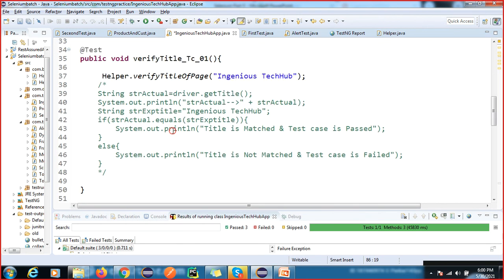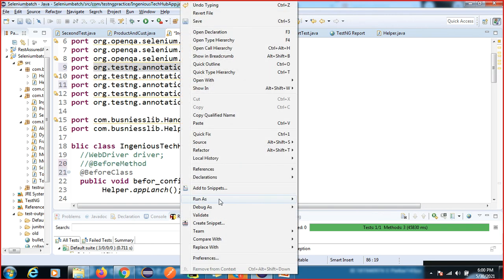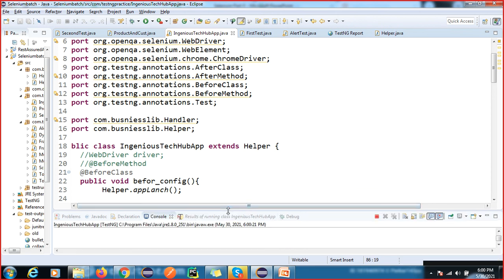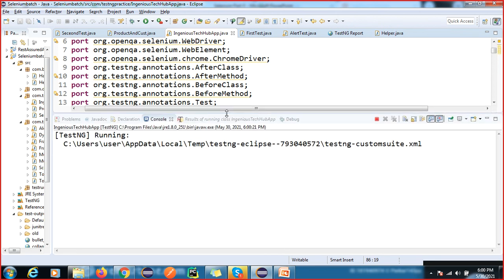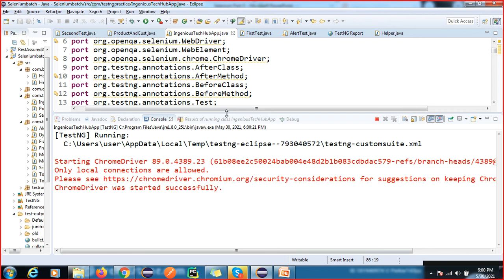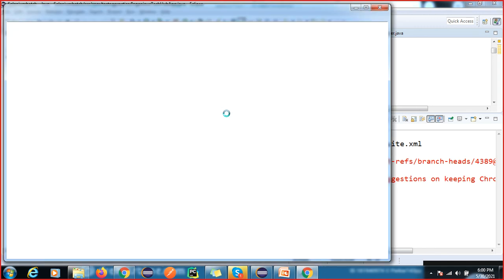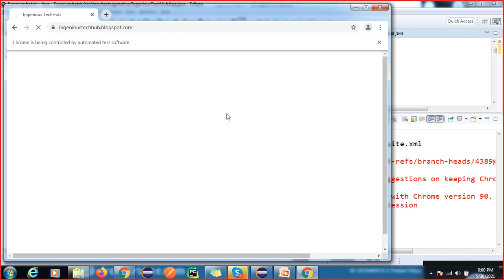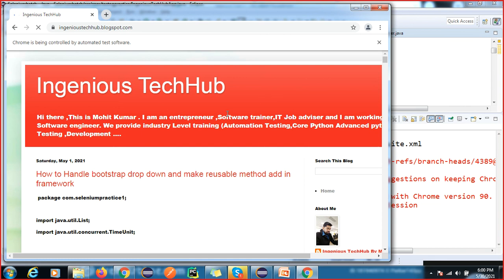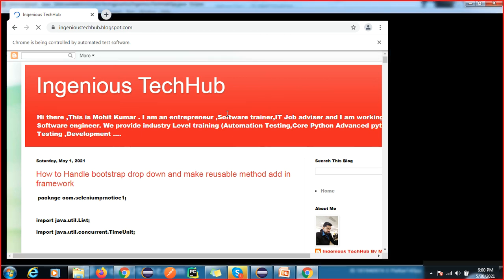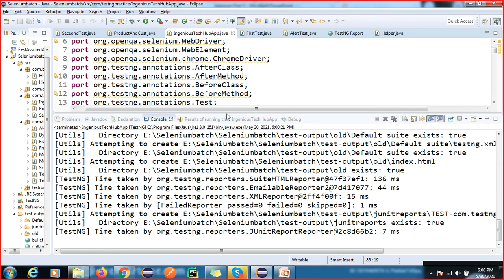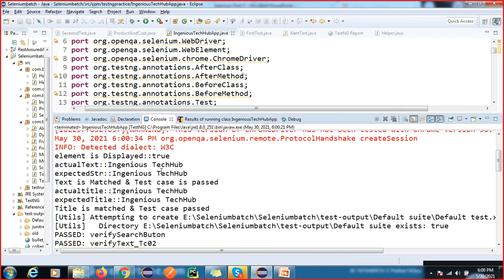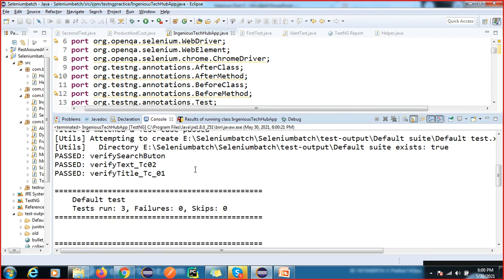Now if I execute this code, you can see here, earlier it was executing one by one.